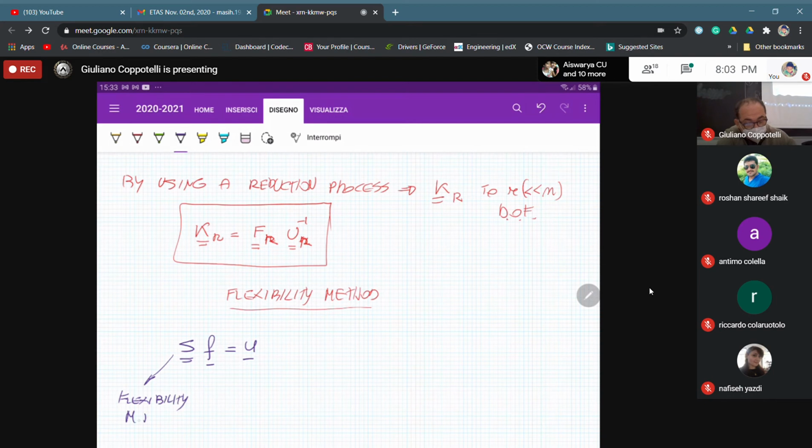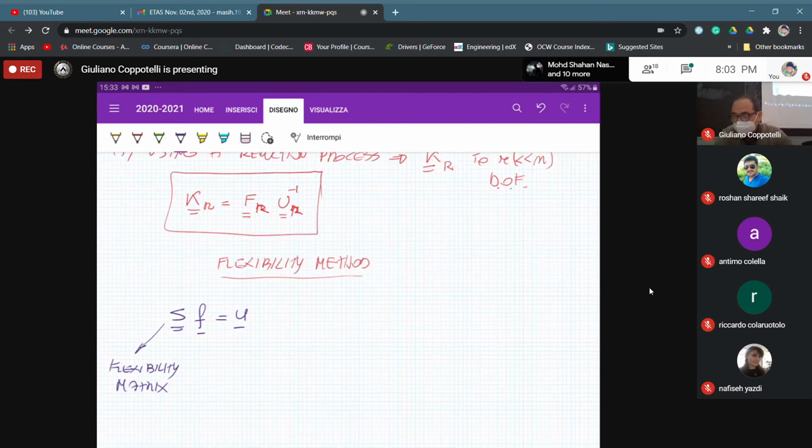Dimensions, of course, are the same, for both displacement and loading conditions, and the flexibility matrix is an m by n. If you would like to find out the generic displacement ui, we can rewrite this as a summation, from j going from 1 to the number of degrees of freedom, Sij